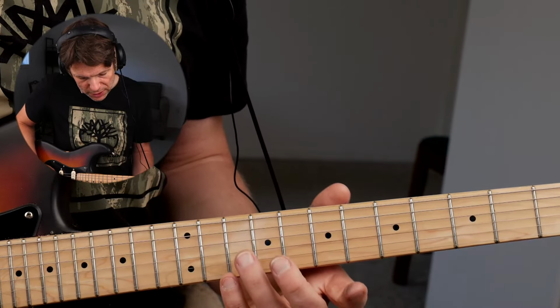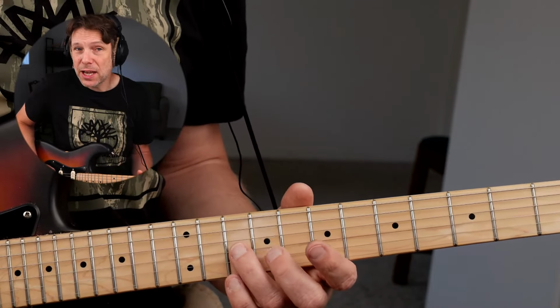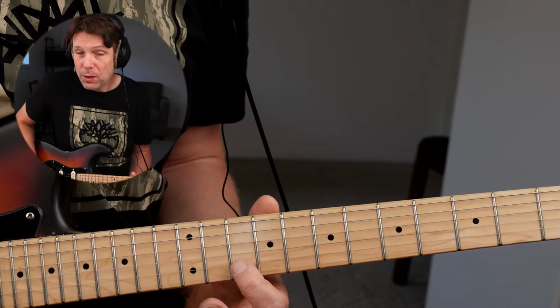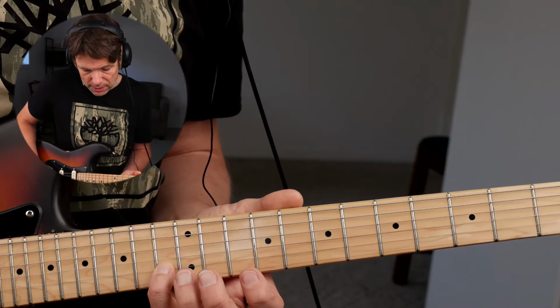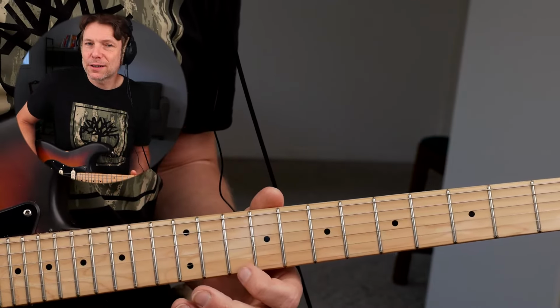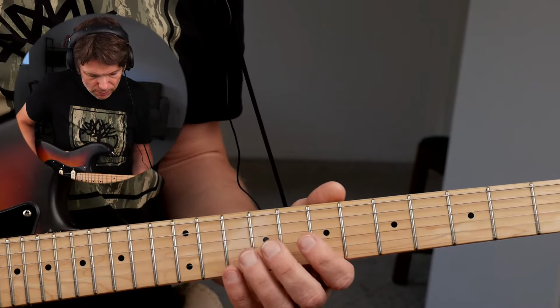Then what you do is either middle finger or ring finger slides on the G from 10 to 11, then index finger B10, pinky B13, sorry, and then index finger E10 to E12. So,